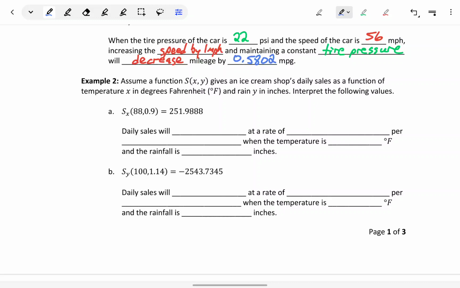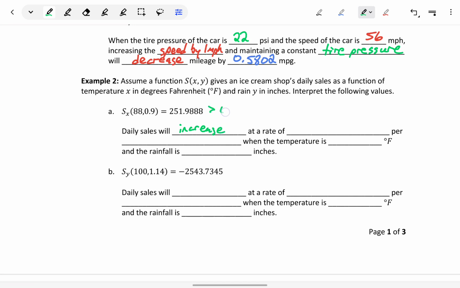We want to look at the same thing in example 2, but now we have a function s that gives an ice cream shop's daily sales as a function of temperature x in degrees Fahrenheit and rain y in inches, and we want to interpret these values. If we find in part A s sub x, evaluate at these two values, then what we're saying is daily sales will increase,